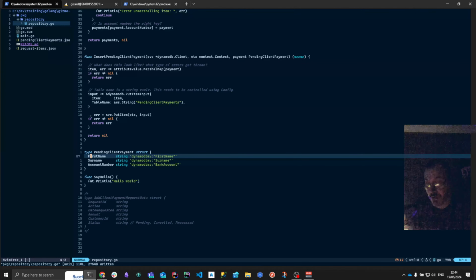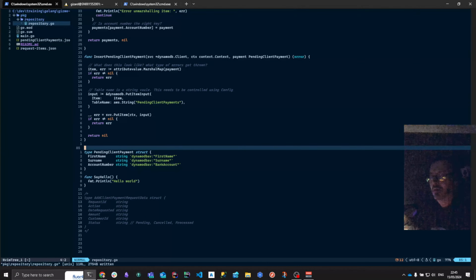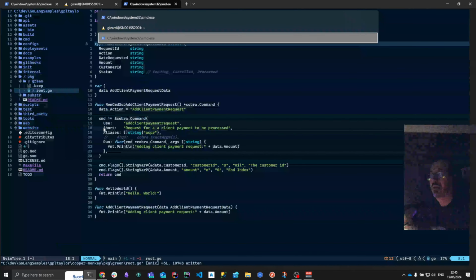I know with Stripe, you've got to create a client, you've got to create a request, you then got to process that request. So I know that there's a few things that are needed in order to create that client account. One of them being the first name, surname, and email address. So we actually don't have this in the client payment request data, which is the fun of this type of stuff. This is why this stuff's got to be made really, really flexible. But we've already got a